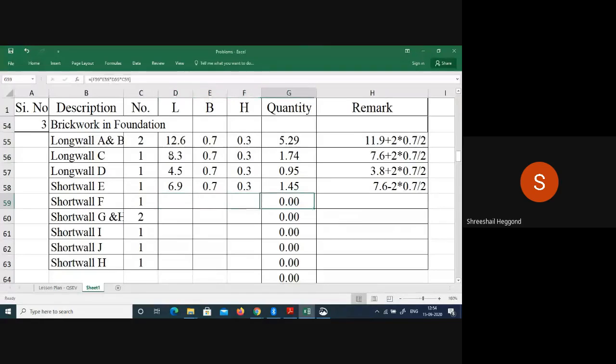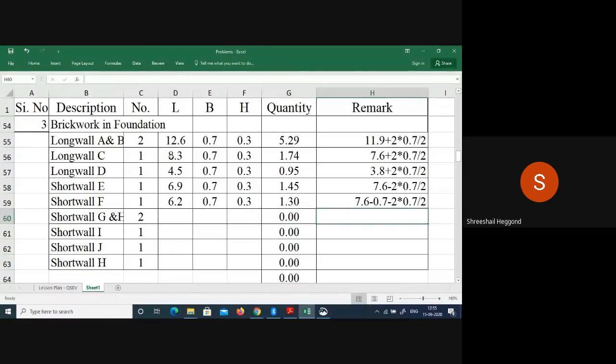Okay. Next, F is also 7.6 center to center. Minus, 1 footing will be already executed. Therefore, you need to do the deduction for 0.7 in between, and on another side, both the sides you have to do the deductions. That will be 2 into 0.7 divided by 2. That will be 7.6 minus 1.4, which is 6.2. That is 0.7, height is 0.3.